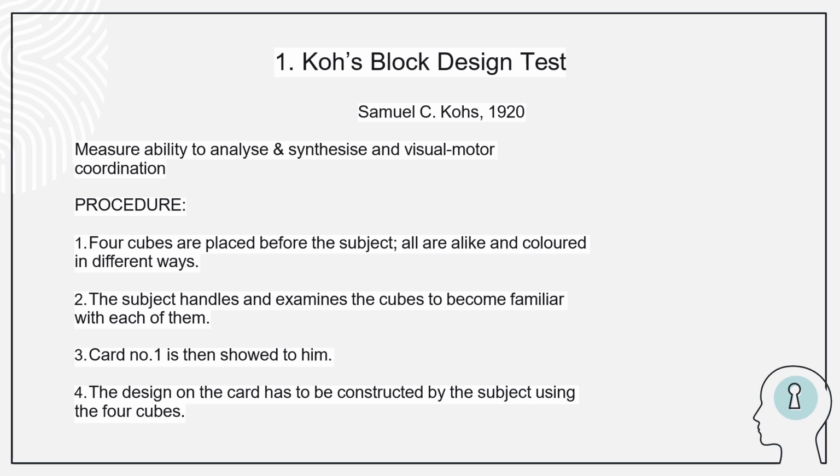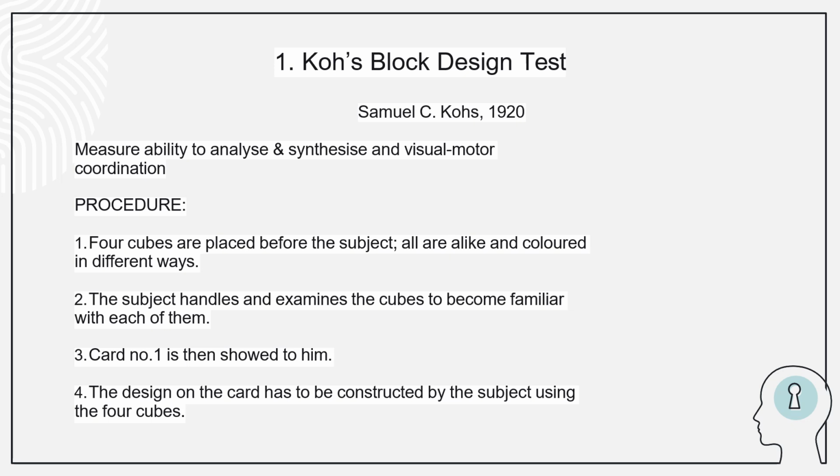So now we will look at all the 5 different tests that are there in the Bhatia battery. Course block test, it measures the ability to analyze and synthesize the visual motor coordination. What is the procedure? 4 cubes are placed before the subject. All are alike and colored in different ways. The subject handles and examines the cubes to become familiar with each of them. Card number 1 is then shown to them and the design on the card has to be constructed by the